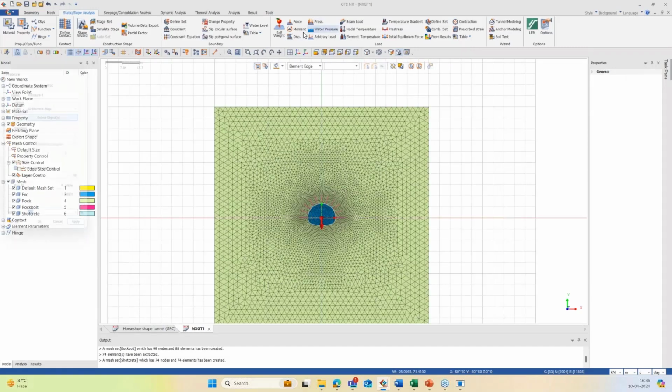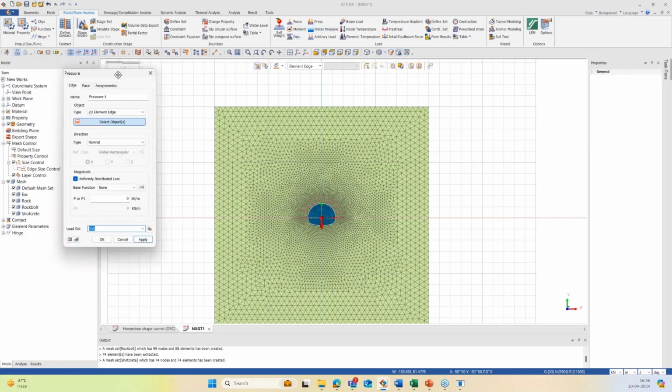So click on the pressure load and select the line, the top face or top line of this model. The unit weight is 26 and the remaining overburden is 25. So 26 multiplied by 25 is 650 kilonewton. Name it as overburden load